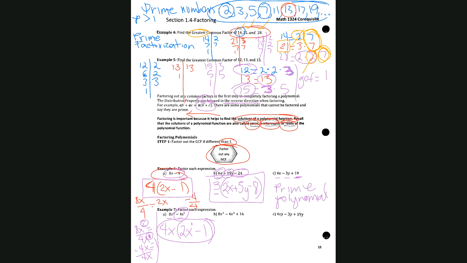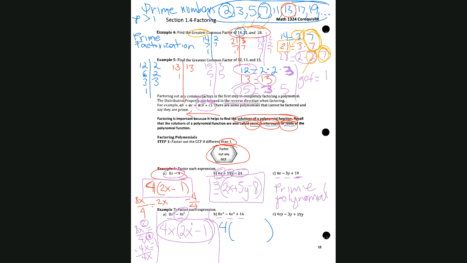Now moving on to part B, we have coefficients that happen to be even numbers. So we could say that all three numbers could be divided by 2, but that is not the greatest common factor. We could pick a number bigger than that, and that will be 4. So if we factor out a 4,